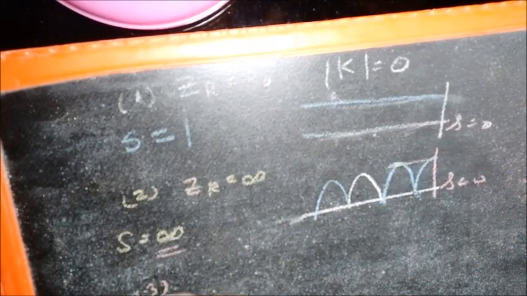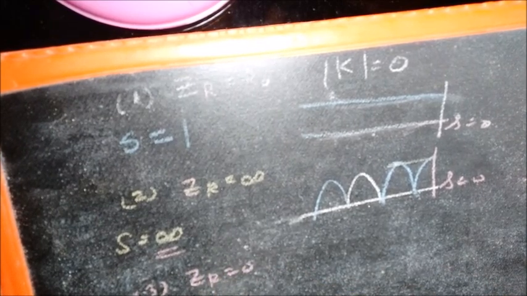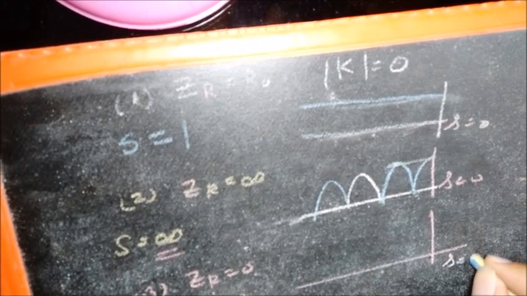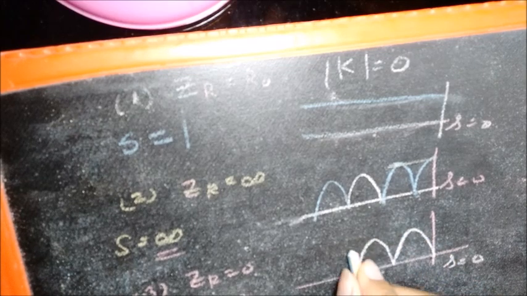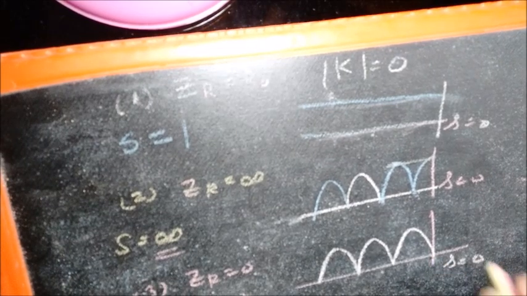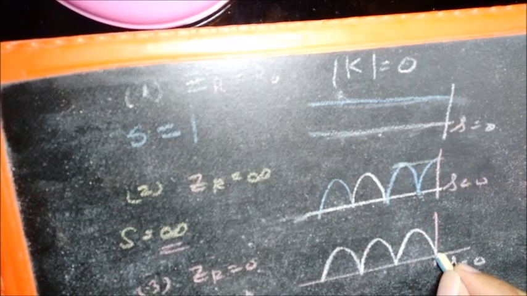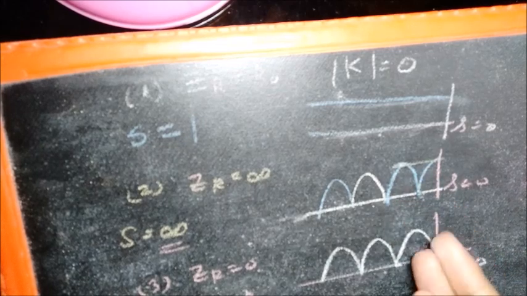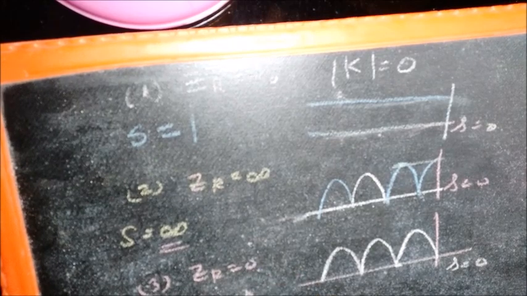And case 3, ZR is equal to 0. Again, ZR equal to 0 means S is infinity. We had plotted this, if I remember, in the previous video. The voltage will be like this. The voltage will be 0 at the load side because it is short circuited. Here it is open circuit, so voltage is maximum at the load side. You can see that the minimum value is 0, more or less the same case except for this phase difference. The minimum value is 0, which means that S is equal to infinity because it is Emax by Emin.